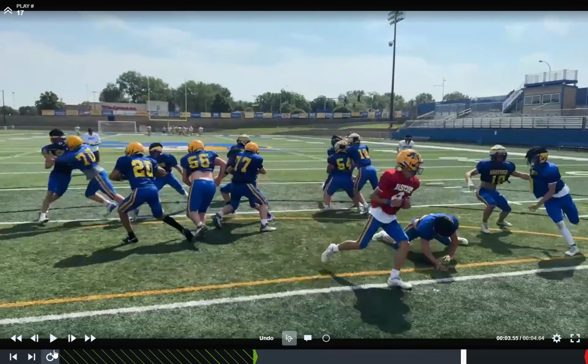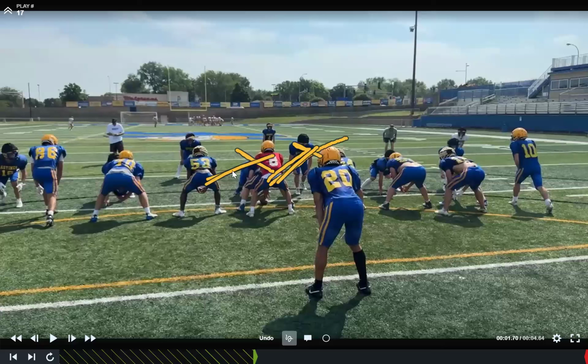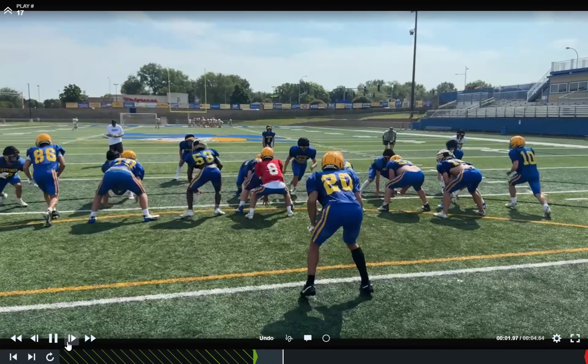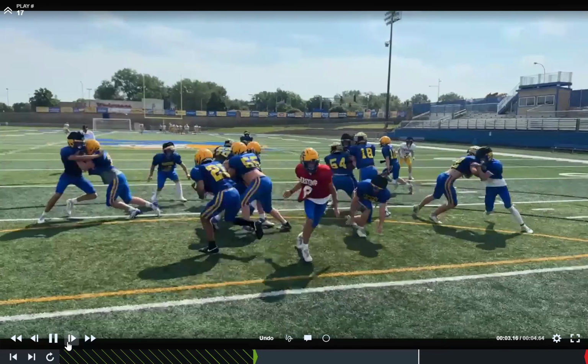Sorry, this is Dart. So we just have a double team here. So he's blocking out. We have a cage double team that should turn into a down block, because you're responsible for Dart, play side on, backside double to the center. The center, you're responsible for this backside gap first. That's the first part of your progression. So you need to be blocking back, blocking your gap. When in doubt, block your gap.